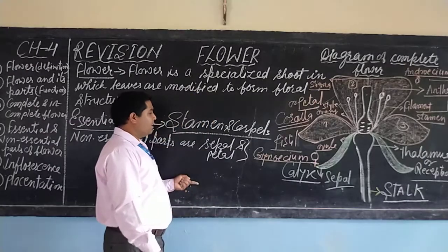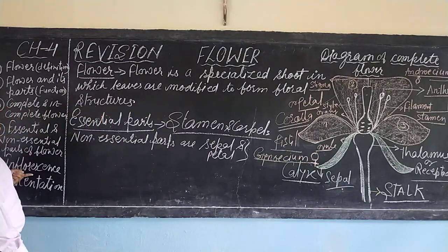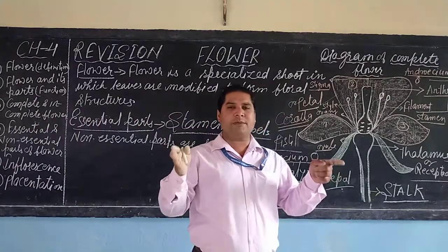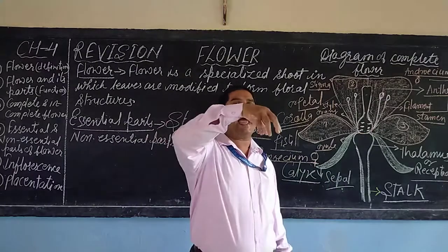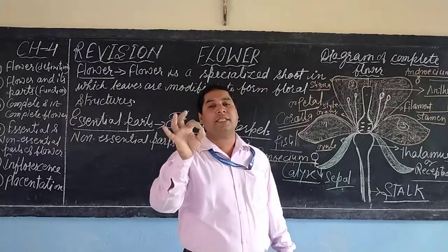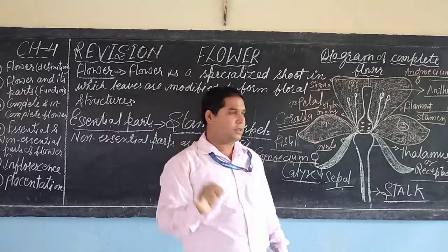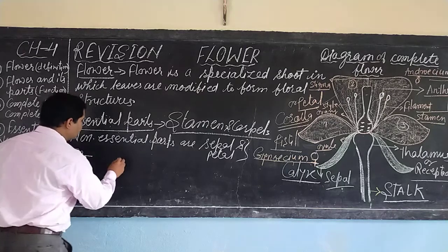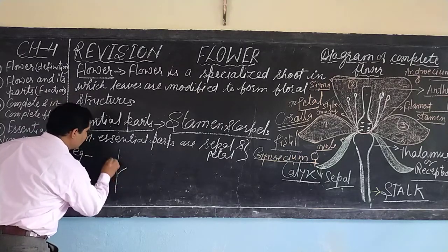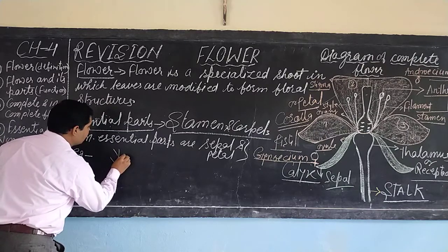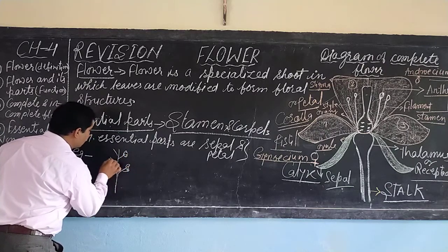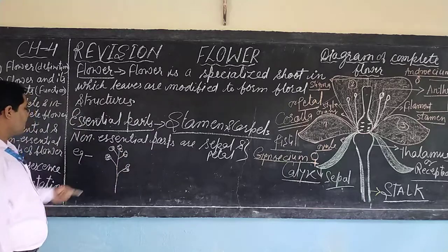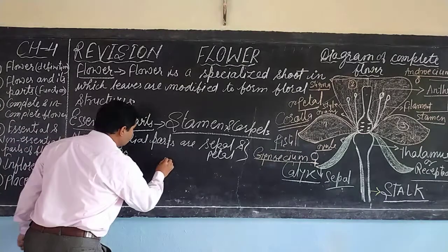Dear student, let us see about the inflorescences. What do you mean by the inflorescence? Inflorescence means arrangement of the flower in inflorescences. For example, you see by the diagram I will explain you here. See here, what do you mean by the inflorescence? Suppose that this is a plant and flowers are at the different axis. Flowers arranged at the different axis are known as inflorescences. One more I will explain you.